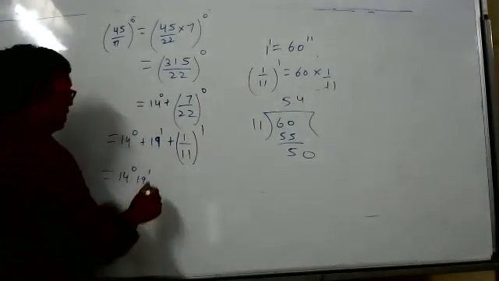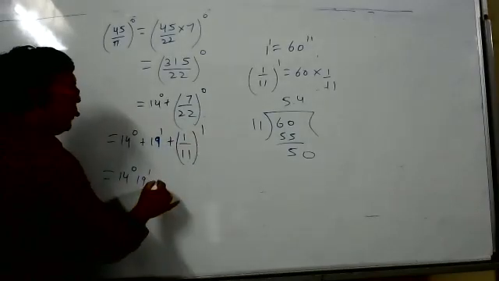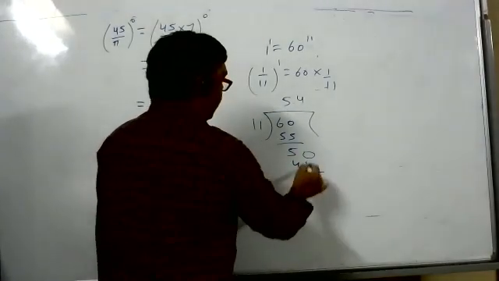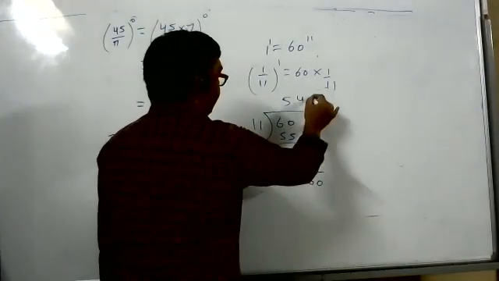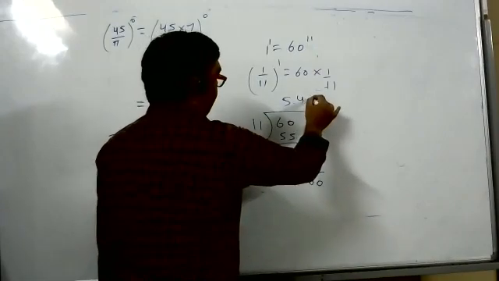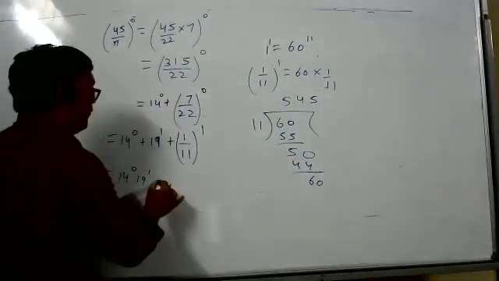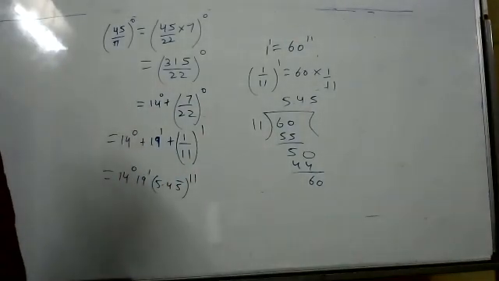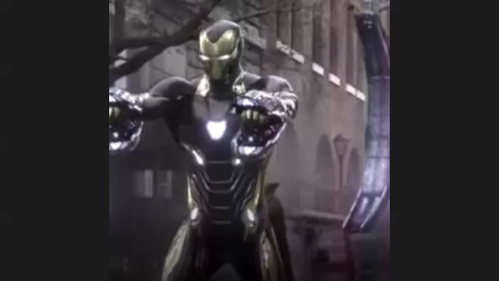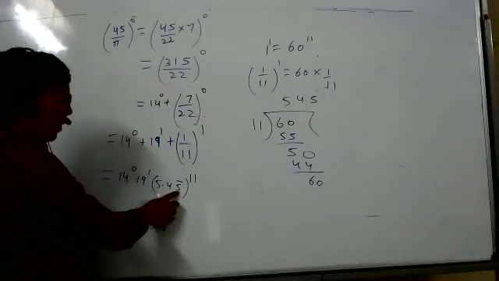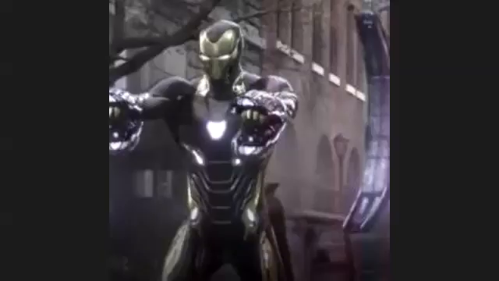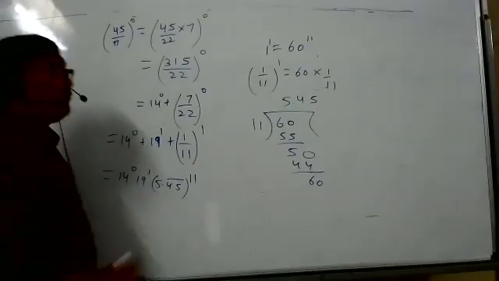Or leave it here only, 1 by 11 only. Otherwise write 5.4 44. Recurring where, student? 60, 11 5s are 55. So here it is recurring, 5.4 bar seconds. This is the answer. Sir, it will be 4 5 bar, sir. 4 5 bar only, na? I wrote 4 also repeating. No, 5 only repeating. Yes, sir. 4 also repeats. Again 50 will come, then it will be subtracted by 44, then 60 will come. 4 5 whole bar.